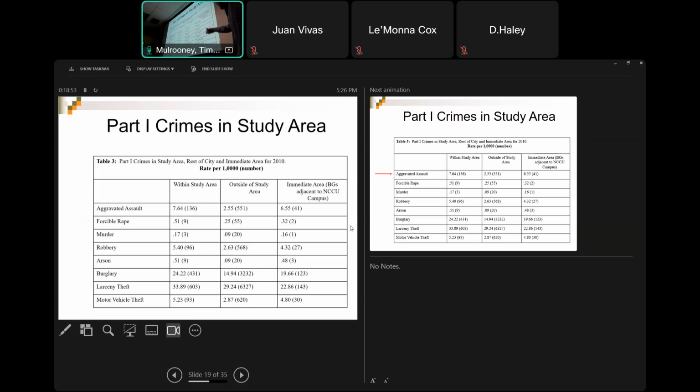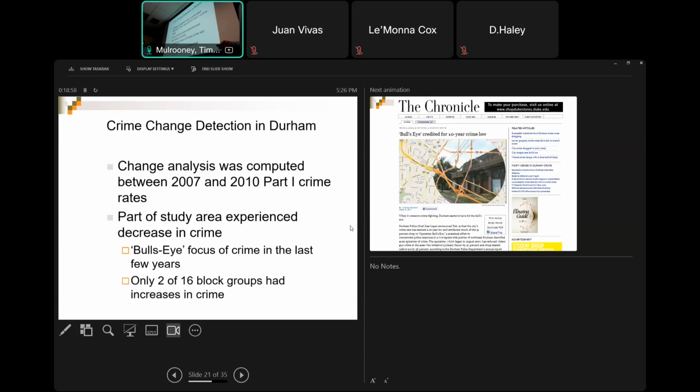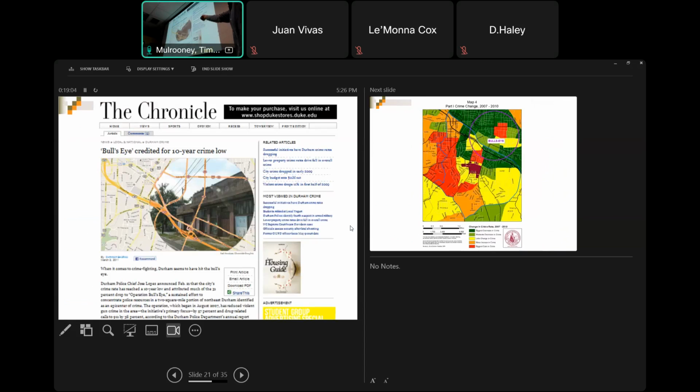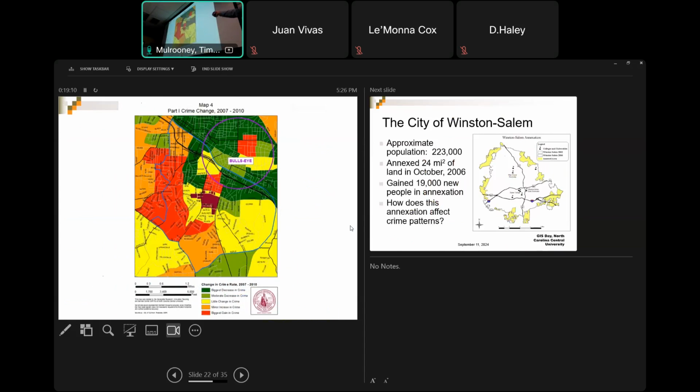And then these are the different crimes that I had right here, because the end goal, I forget what this project was for, but they were looking at something called the bullseye. Durham Police Department were focusing on this area just north of Route 147 here. So this bullseye here, and I think I was working with some criminal justice folks, where we were calculating changes in crime rates between 2007 and 2010. And so you can see green, good, red, bad. And so you can see in this bullseye right here, just north of the NCCU campus, it largely went down except for this one.